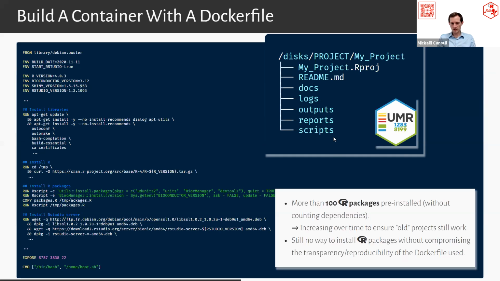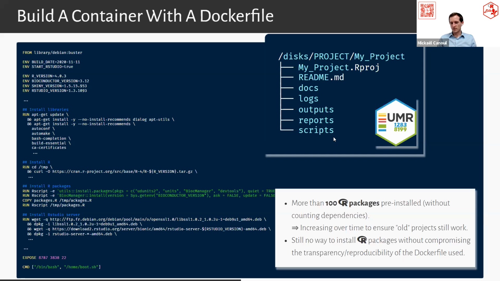So the idea, okay, but yeah, there is an issue here. When we use that container, we are using more than 100 R packages and all the dependencies behind. Meaning this kind of Docker image was way too big, like 10 gigabytes of data to download if we wanted to deploy it.